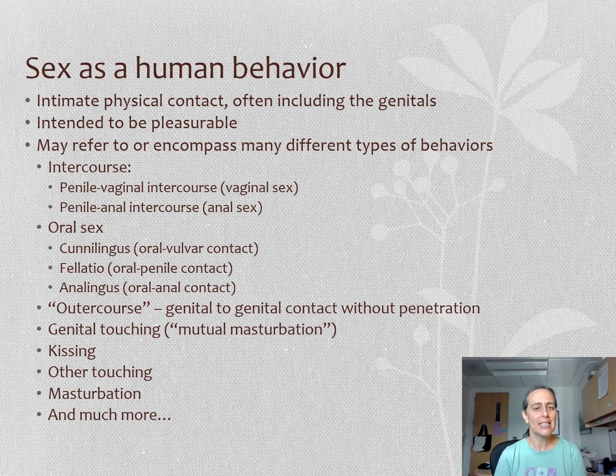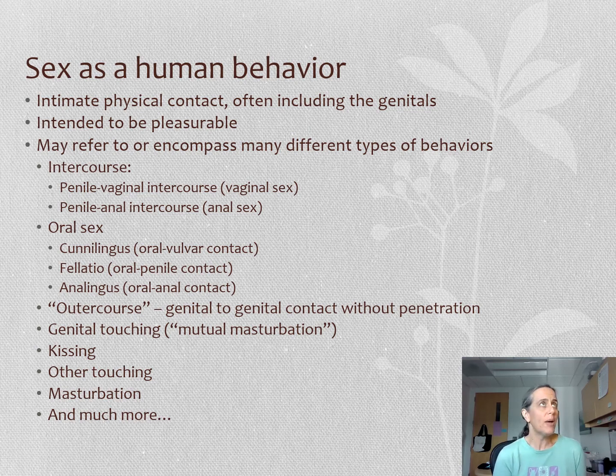There's the classic intercourse types of sex, so vaginal and anal sex, then there's oral sex, and remember the terminology here: cunnilingus is for oral vulvar contact. I'm pretty picky about language, as I mentioned, so usually oral sex is contact with the vulva, not the vagina, although it can be as well. Fellatio, like a blowjob, is oral penile contact, and then there's analingus. Outercourse is the word used to refer to rubbing genitals against each other without actual intercourse. And touching, so kind of digital sex, touching somebody else's body parts, is referred to as mutual masturbation,